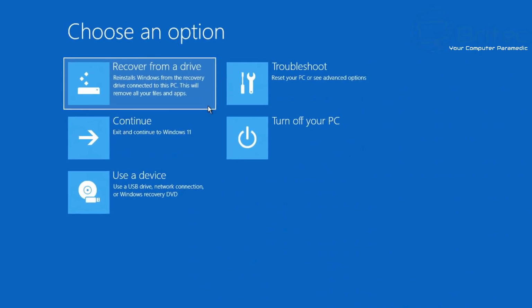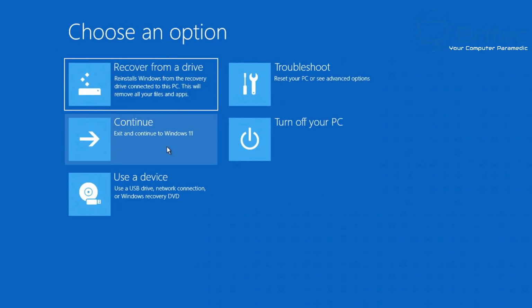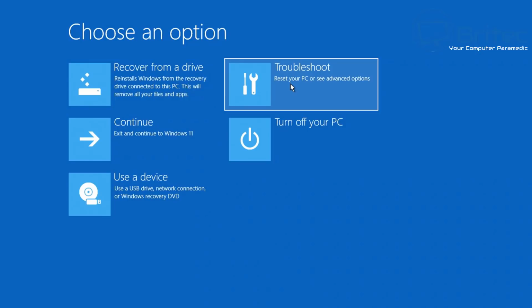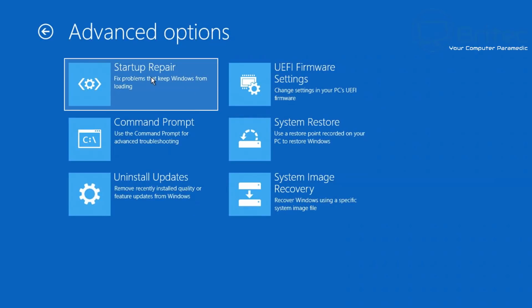Click your language, and then you can choose an option. We've got a bunch of options here. Let's start off with the troubleshoot here. Click on troubleshoot. If you click on troubleshoot, this is going to give you access to a bunch of tools,